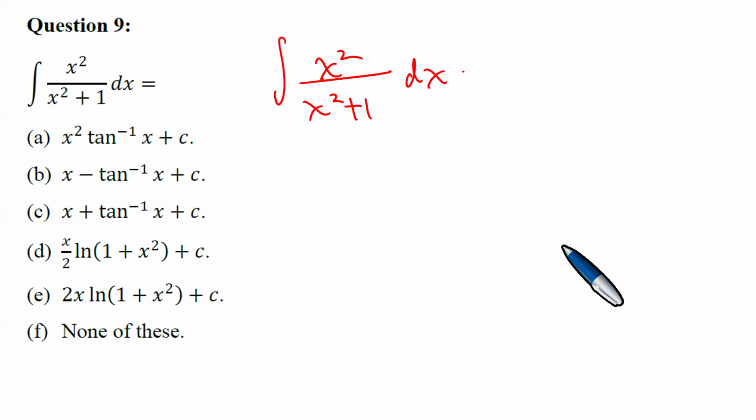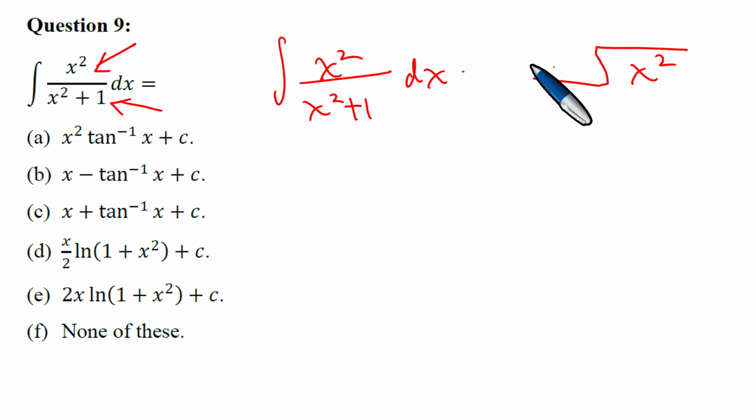Right, there are a couple of ways. To do this integral, because it is a polynomial over another polynomial, you need to analyze the degrees. The degree of the numerator equals the degree of the denominator. So if this is the case, then you would have to take